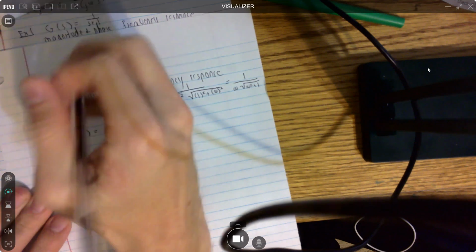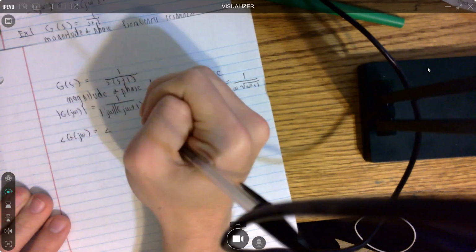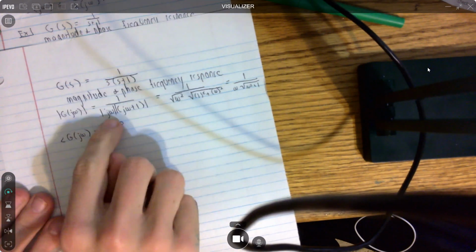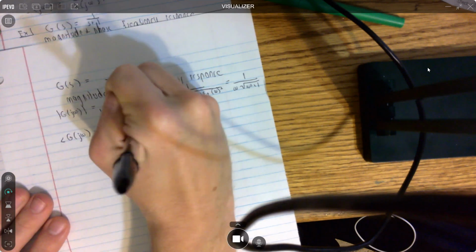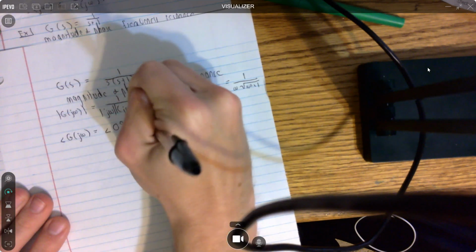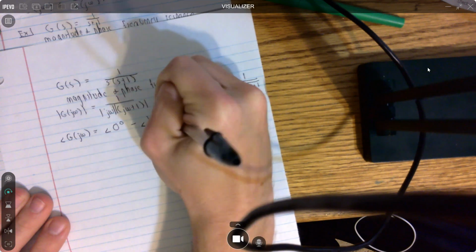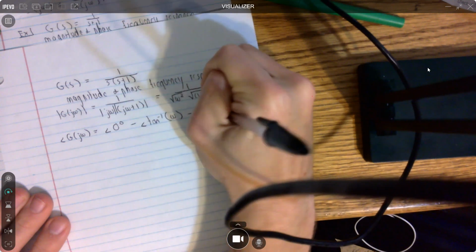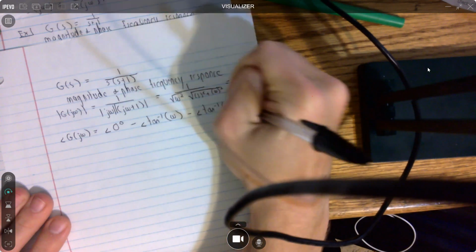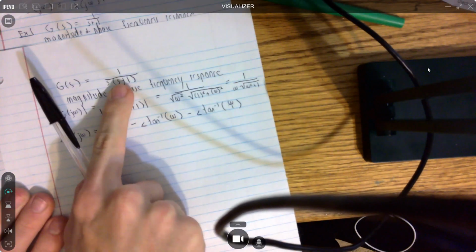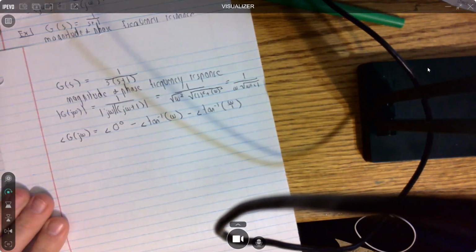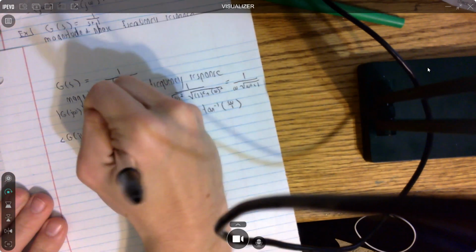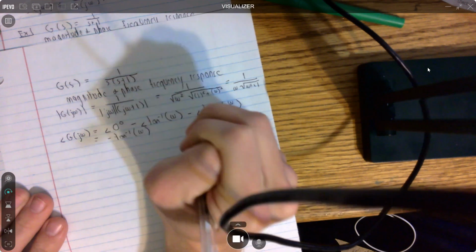So the angle of your numerator, angle of just 1, is going to be 0 degrees. And then the angle of your j omega in the denominator is going to be minus tan inverse, and then it's just omega, your imaginary over your real part. And then the other one's going to be minus angle of tan inverse, omega over 1, the imaginary over real part of this one right here. And so what we're going to notice here is you're going to have minus tan inverse of omega minus tan inverse of,